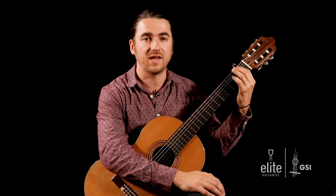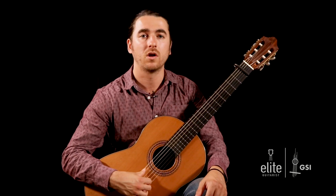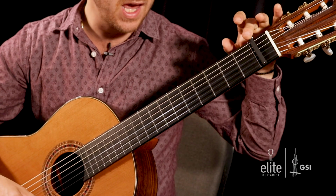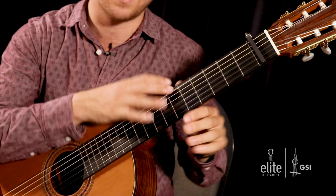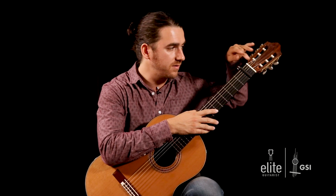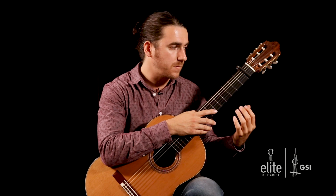You'll notice too that I have a capo on the 1st fret, and we're in drop D. So you want to lower your 6th string down a full step to D, and then throw this capo on at the 1st fret, and you want to make sure that it's straight. Oftentimes people put their capo on a little off angle. You want to have it straight, similar to the saddle bone right here,